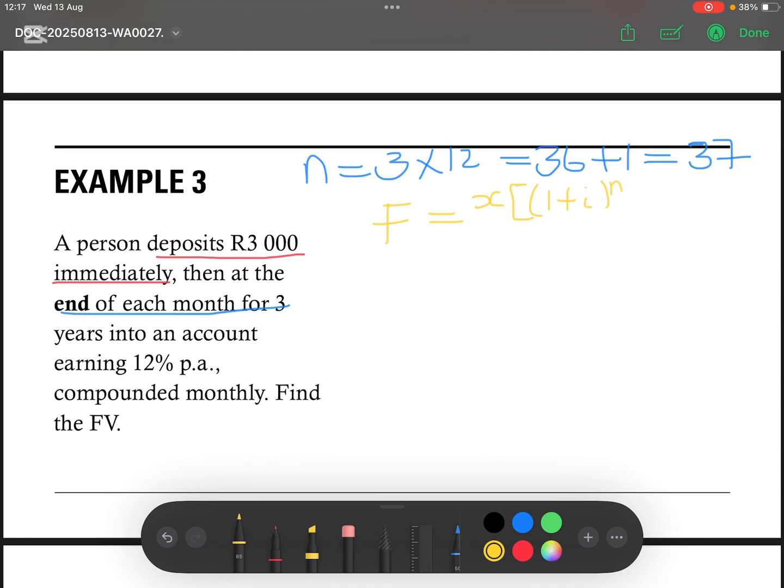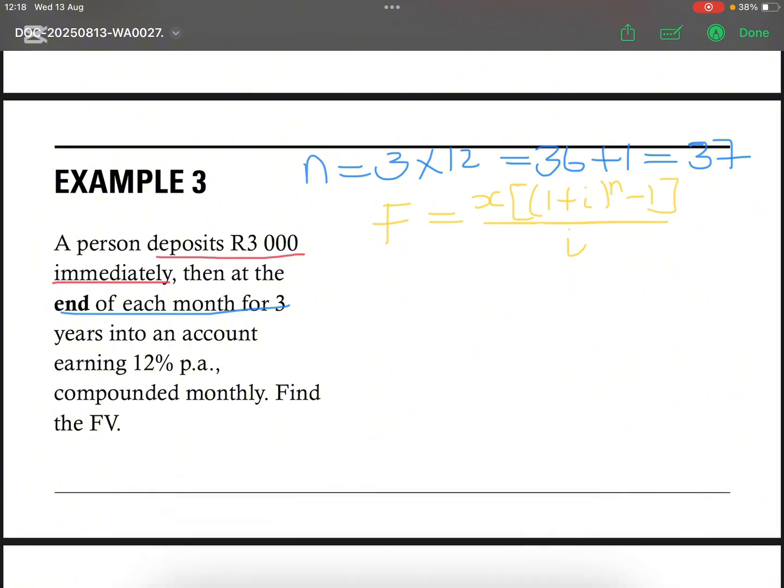Then we have X into, and then we'll have 1 plus the interest rate to the power N, subtract 1, and then divided by what? Divided by that. So now our n has changed. It will be 37 due to the immediate deposit that was made by this person. So now we have x equal to, and then we'll have the monthly deposit that will be 3,000, and then into